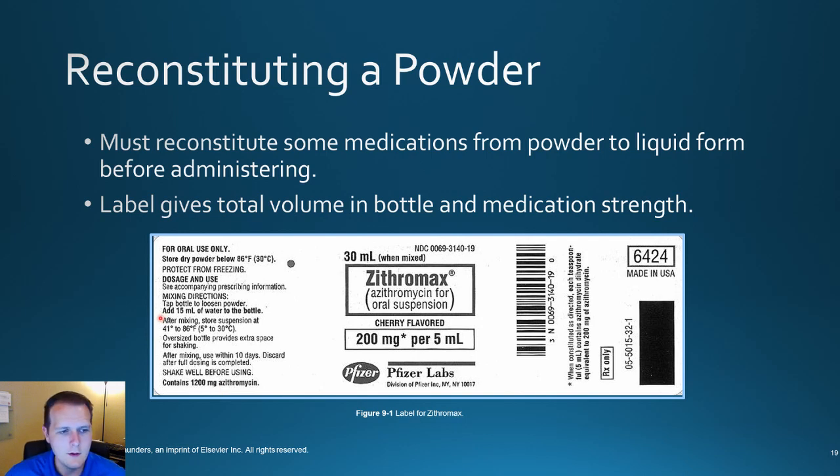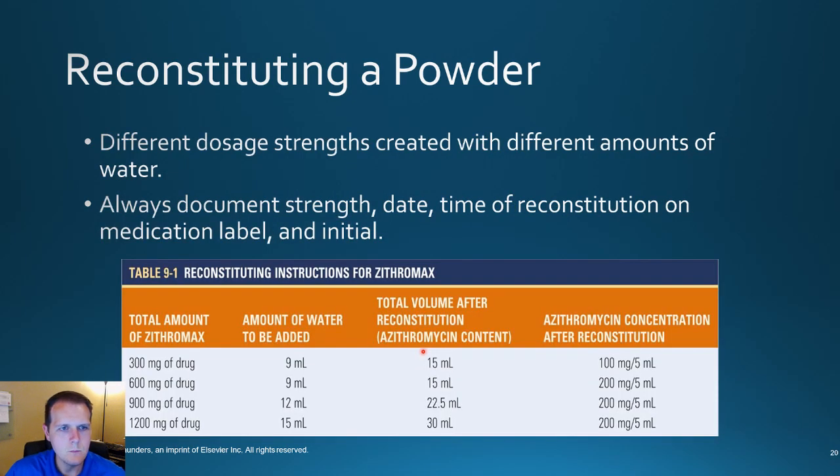But if you look here, you notice how much we actually have to administer. So 15 mLs of water to the bottle. That's how much we're going to put into that bottle to reconstitute it to get that final concentration of 200 milligrams per 5 mLs. Depending on how much water you put in, you actually get a different concentration. So you always want to make sure you document this, so that other people who come along after you know what concentration you have and how much was given,